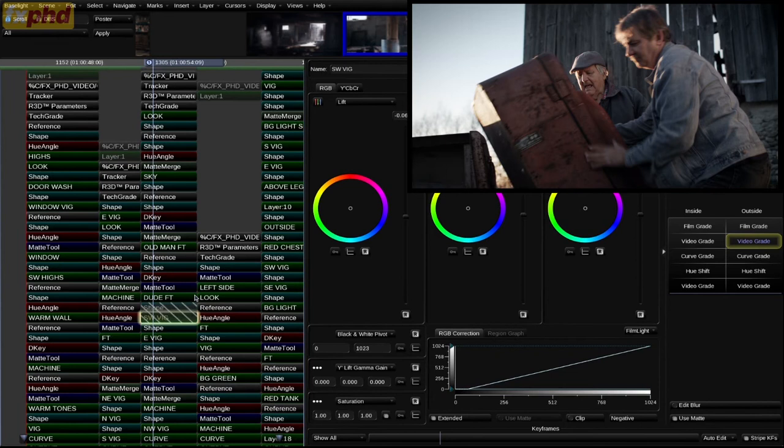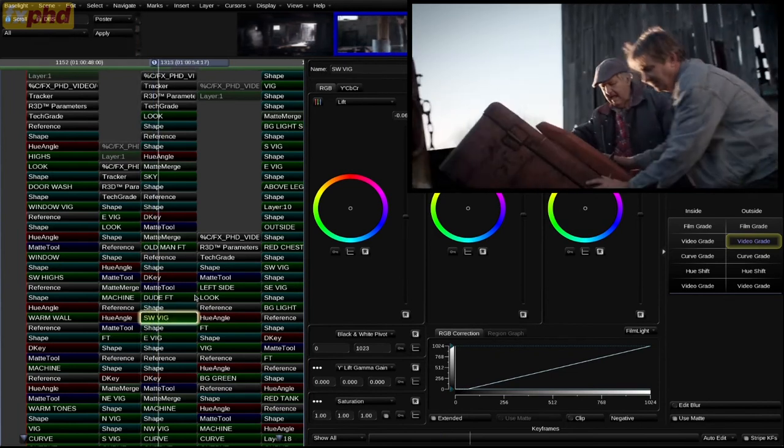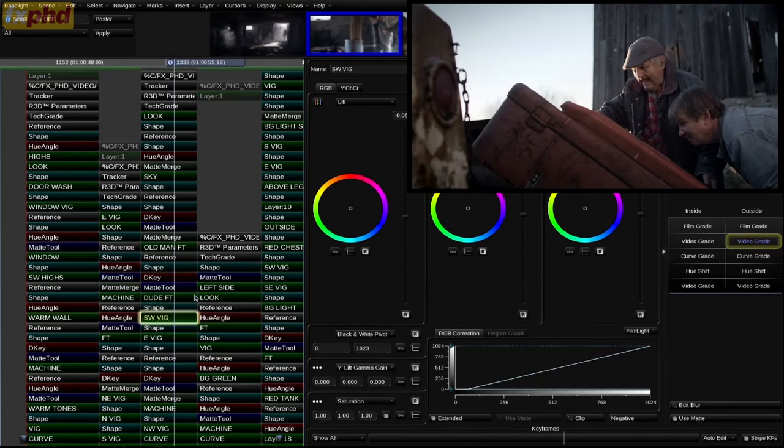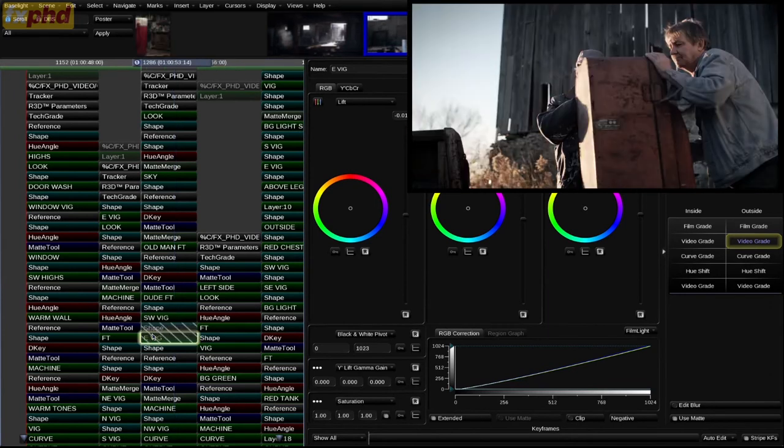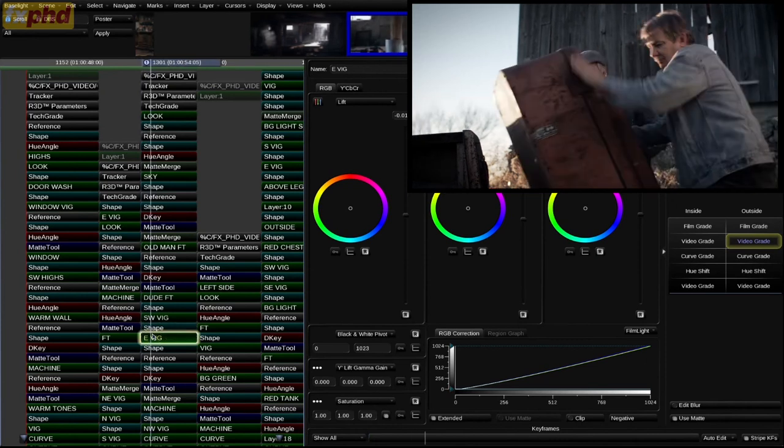So the next layer down is I just have a little vignette on the bottom left, as I call it, the southwest region there. And in hindsight, maybe I could even leave that off. I don't know if it's necessary, but it gives it a little shape down there and a little more interest, so that's okay. The right vignette, east vignette,